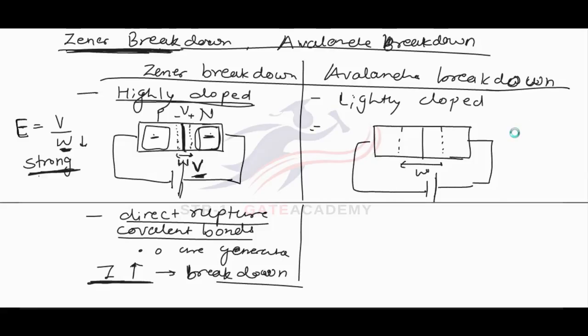If depletion layer width is large, then the electric field induced across the depletion layer will not be sufficiently strong as in the earlier case. It will be weak. So the depletion layer cannot be responsible for breaking of covalent bonds. In lightly doped p-n junction,